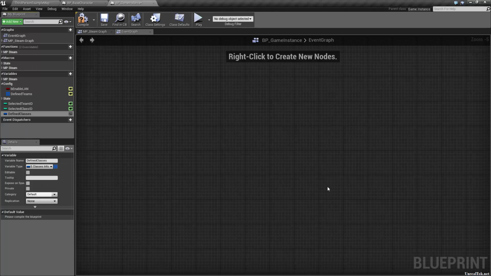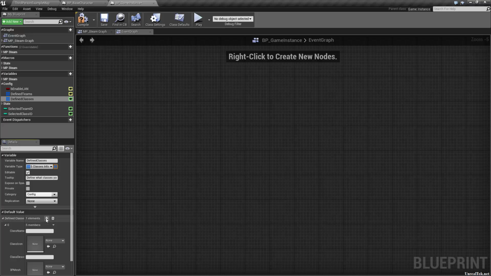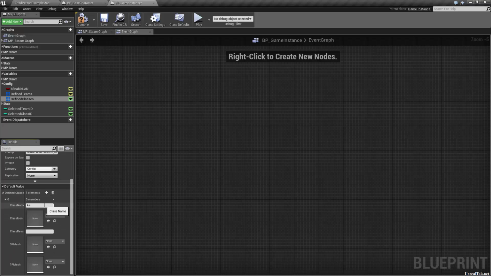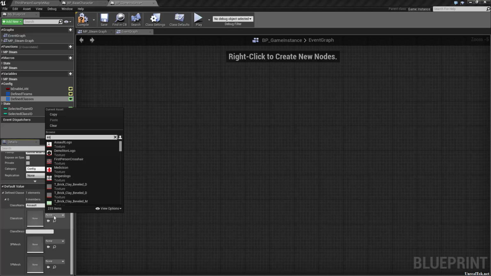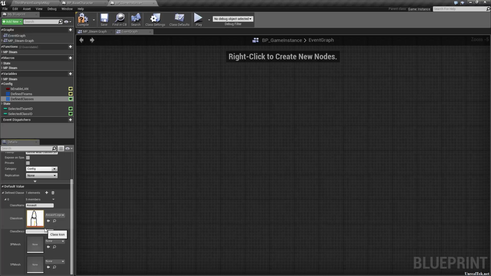We want that to be editable, and this will define what classes you want to be able to be chosen from for characters. We'll put it in the config category since it's a configuration. Then we can set it to an array and compile. Then we can add our classes. So class name, for example, assault. Its icon is assault logo, and class description,